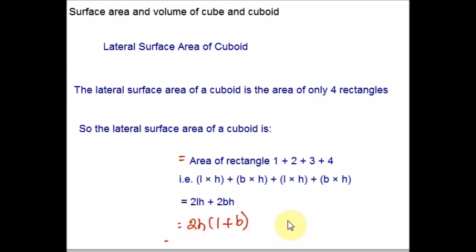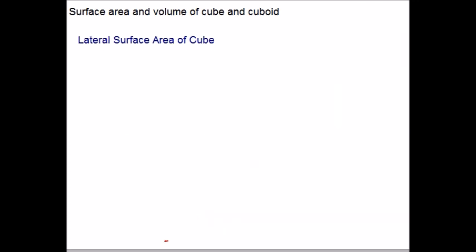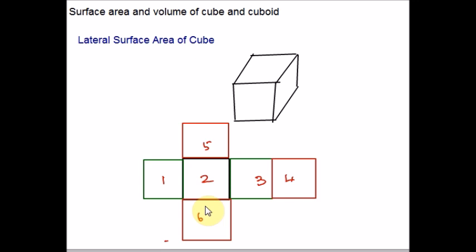Now let us see what is the lateral surface area of a cube. Similar is the case with a cube. The area of 4 constituting squares will give us the lateral surface area of a cube. This is how a cube would look if you open it up. The area of the 4 squares. So the lateral surface area of a cube shall be,